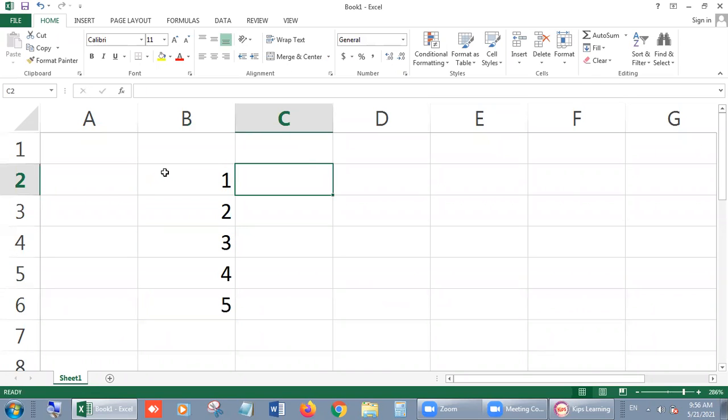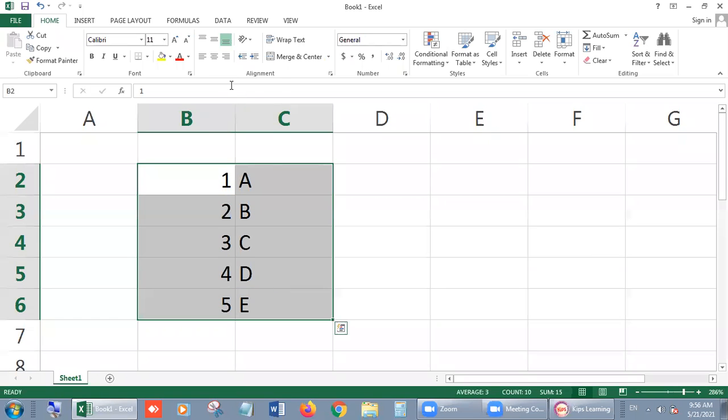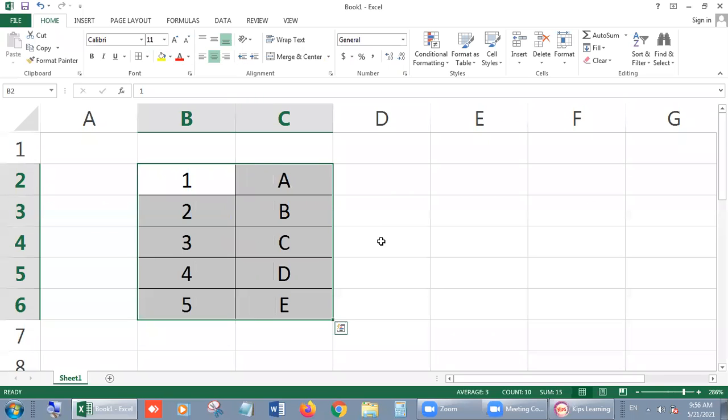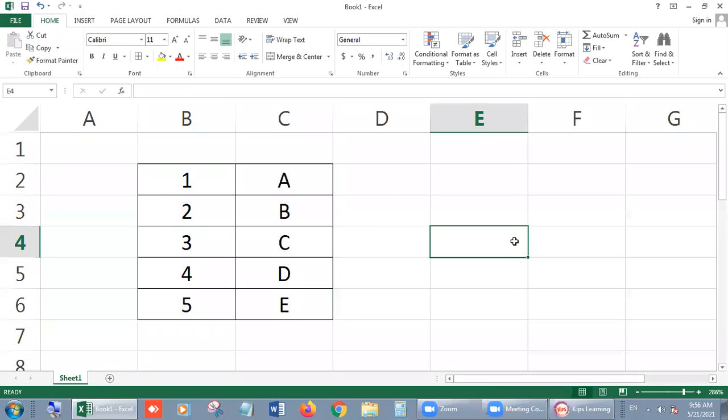In the same way, their names. Suppose A, then B, then C, then D, then E. Means we can write in a spreadsheet in the form of a table. It is just like a table. Now you can observe, right?